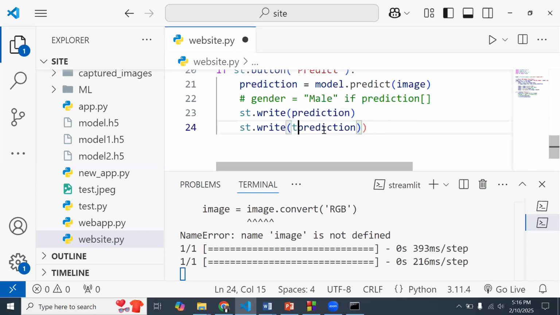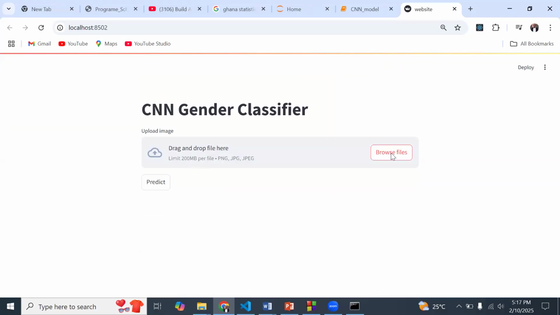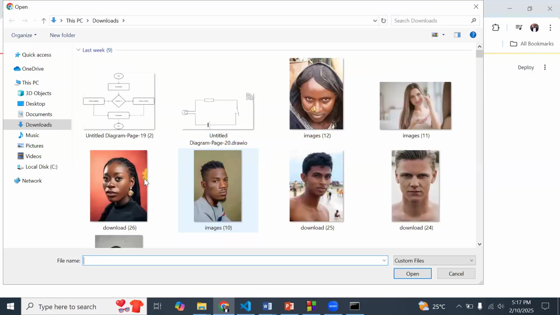Let me get rid of the prediction, and then let me, for instance, do a slicing of 0. This is the first thing I want to show, and then we'll do another slicing to actually get the real value. So let me do a refresh of this and use that same image to get to the point I'm trying to make.